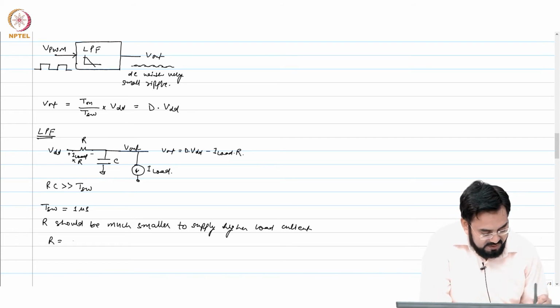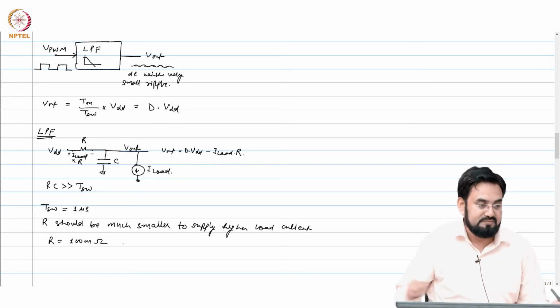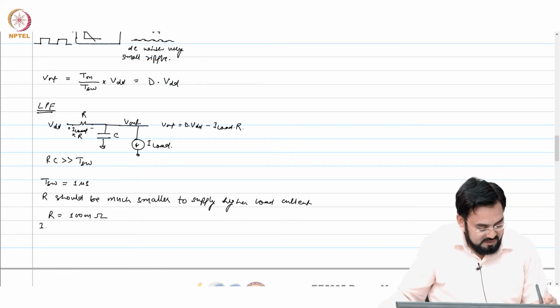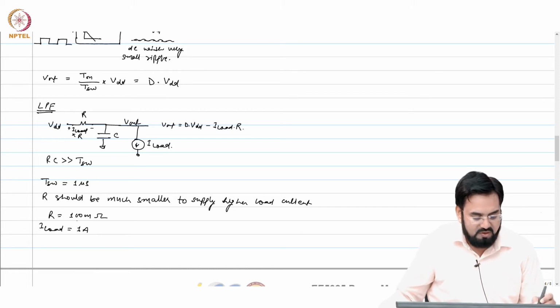So let's say you make R 100 milliohm. I load is 1 amp, so you will drop only 100 millivolt,